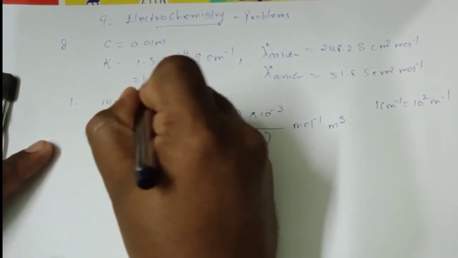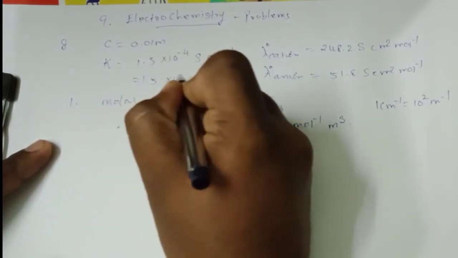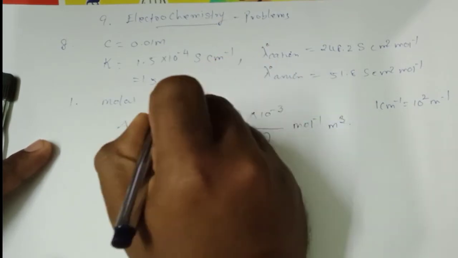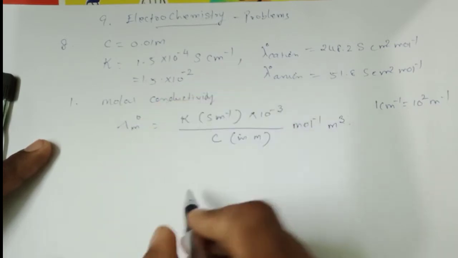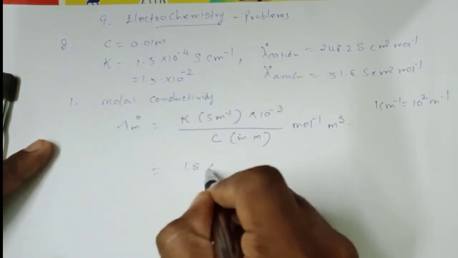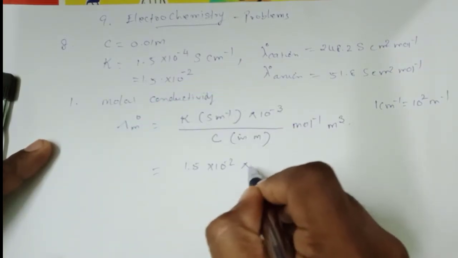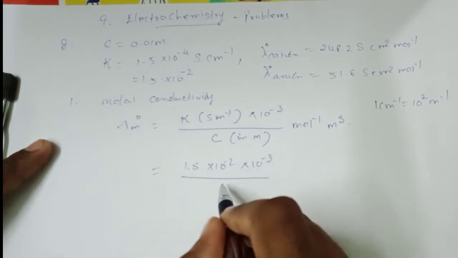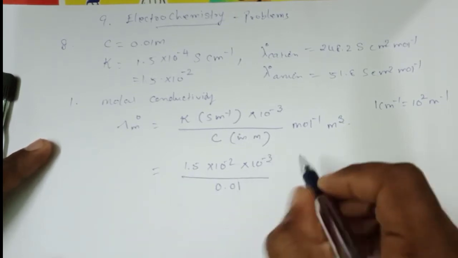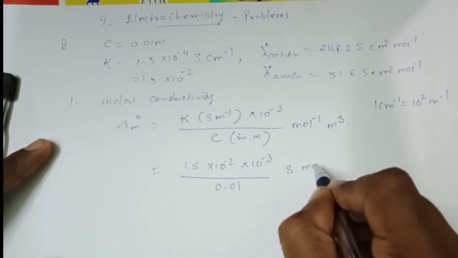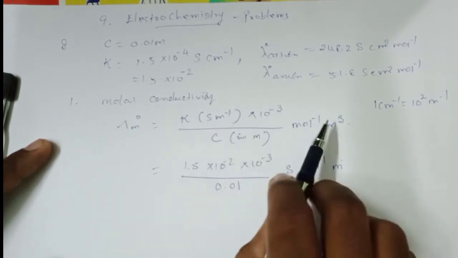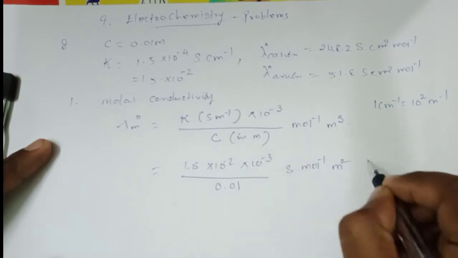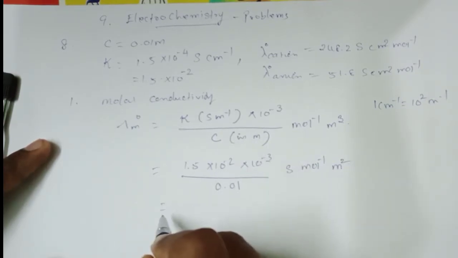So the value becomes 1.5 into 10 to the power of minus 4, plus 2, which becomes 10 to the power of minus 2. Now substitute the value: 1.5 into 10 to the power of minus 2 and 10 to the power of minus 3, divided by concentration 0.01. The units are Siemens mole inverse meter; with 1 meter inverse and meter cube, it becomes meter square. If you simplify this value you will get,